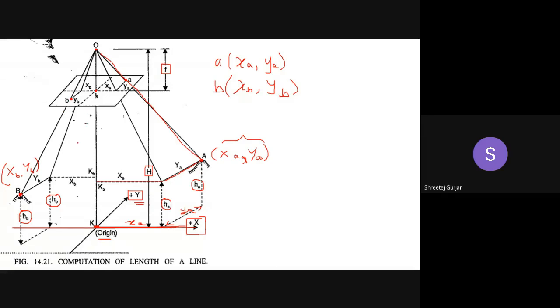Now, one more thing we are left with is this point Ka, the elevation of the point A on the plumb line. Similarly, as we have done in the previous case, just project this point onto the plumb line. This is point KB, and this point is Ka. Principal point KB and principal point Ka. Similarly, this is principal point k on the photograph. So I have explained the various terms and how to draw this particular diagram.